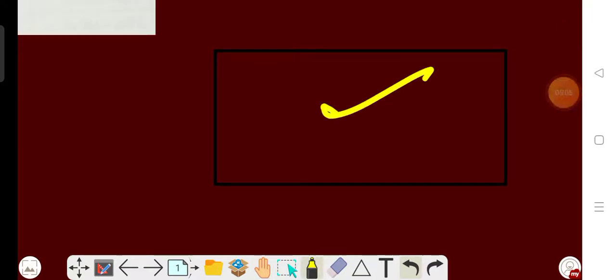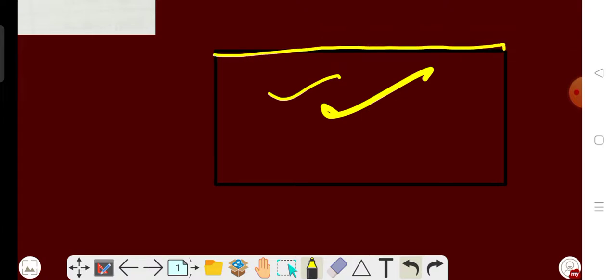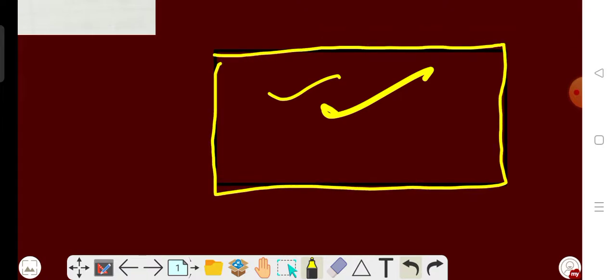Now in the B part, the same wire is converted into a rectangle like this. But again you will see that the length of the wire is the same, but the shape will become rectangular. So in the rectangle the length is 1 meter. We don't know what the breadth is. We have to calculate the breadth of the rectangle. The wire has been converted into a rectangle whose length is 1 meter but breadth is unknown. By using the perimeter formula we have to calculate the breadth.